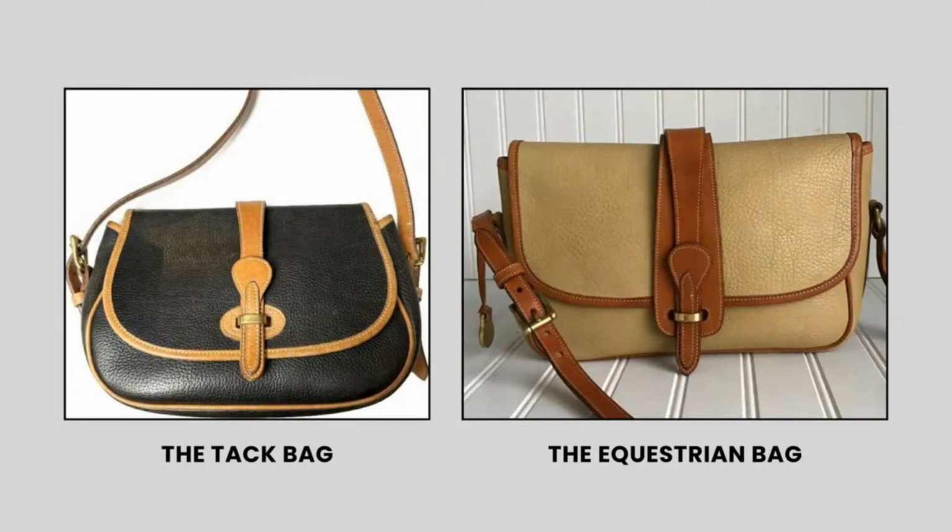So 2 of the first AWL bags were the tack bag and the equestrian bag. And they were made out of bridle leather. They had their signature closure, which you see here, and it's kind of like a tab that goes into a piece of hardware. In the 1980s, their products were picked up by department stores, and they grew in